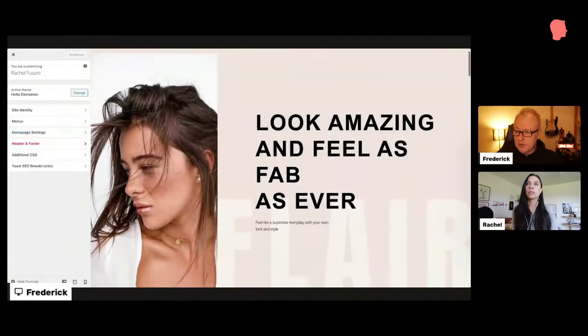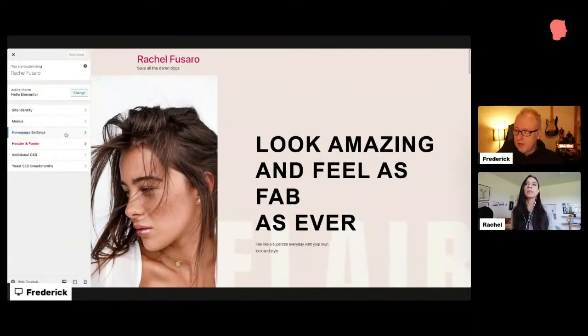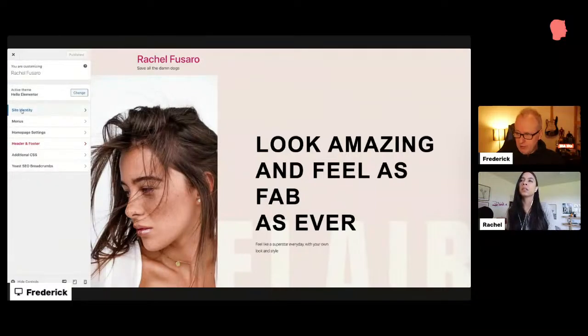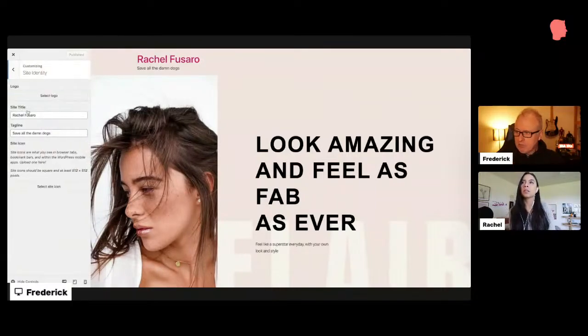That's the template that we had picked last time. And there is a tab here called Site Identity, where we've put this placeholder tagline, "save all the dogs," last time. And you can add an icon which will appear in browser tabs, bookmarks, and so on, as you can see here. So what I will do is go to your website, because you had this